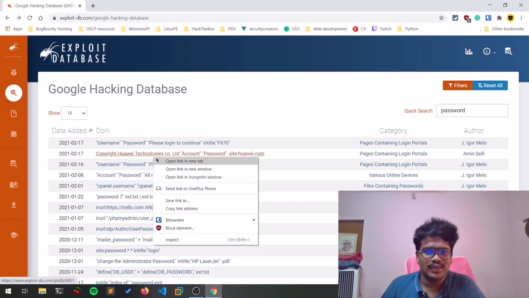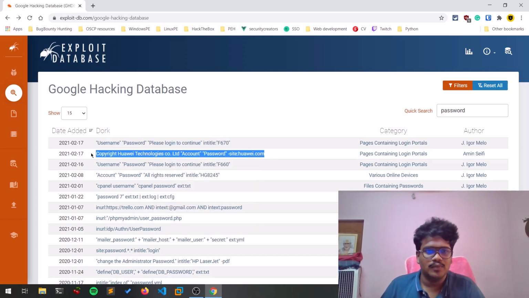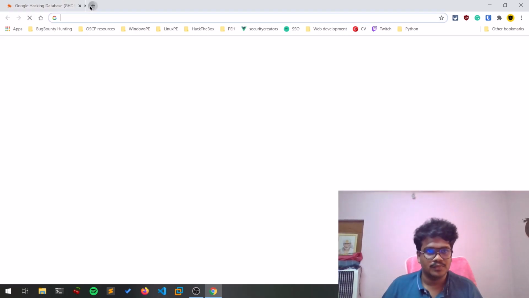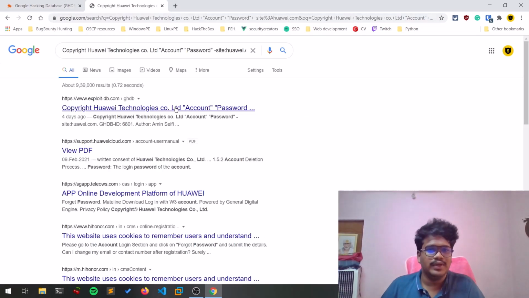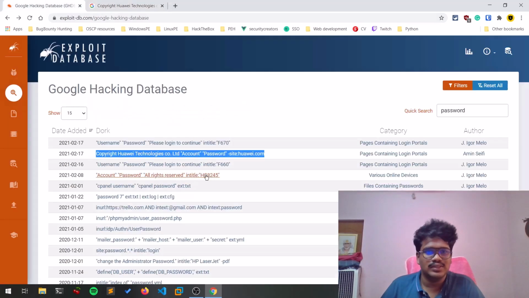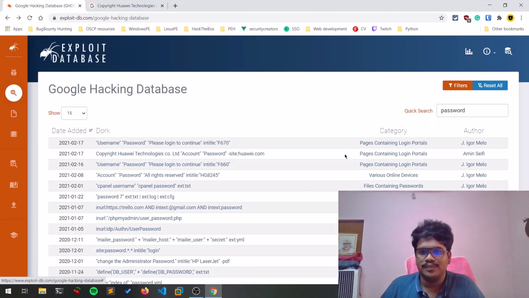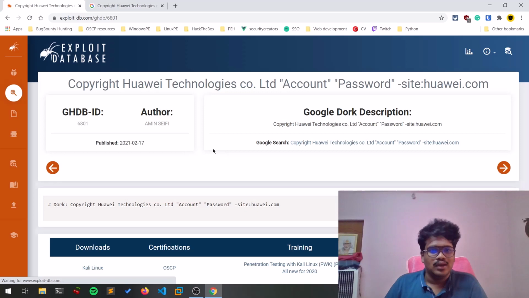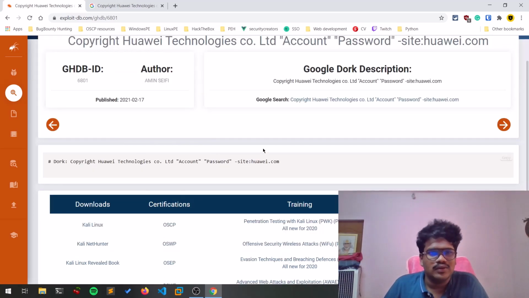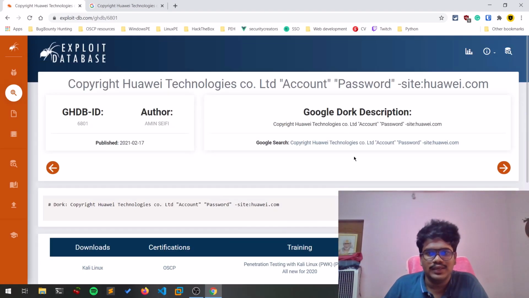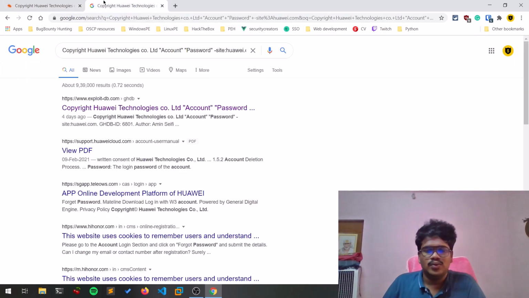Many stuff out there. Let me copy one more thing and let me show you. So these are some various docs you can see. This is related to password related stuff, password containing login portals. If you want to know more about this particular doc, you can simply click over this, where you can see the copyright, or some stuff regarding what it is related to. You can see who is the user and what this particular doc is all about. So that's the basic thing, guys, regarding Google Docs.